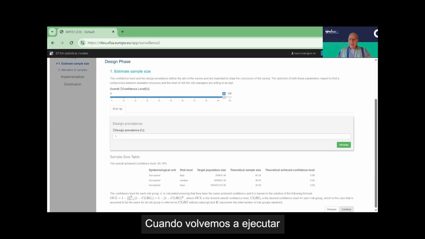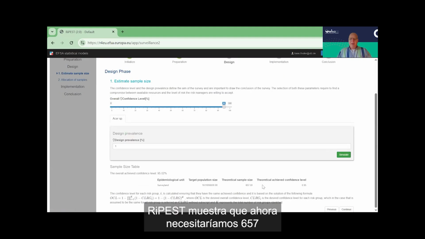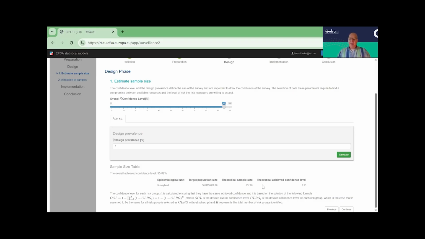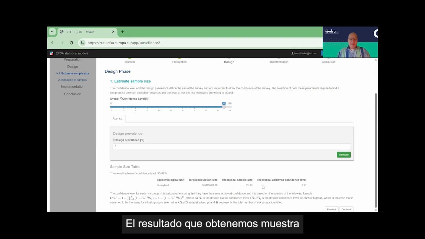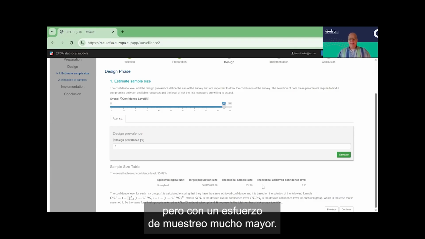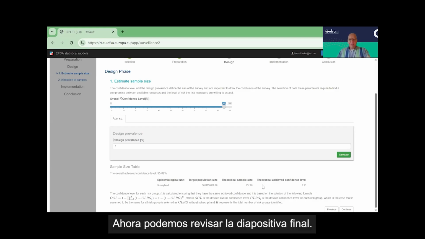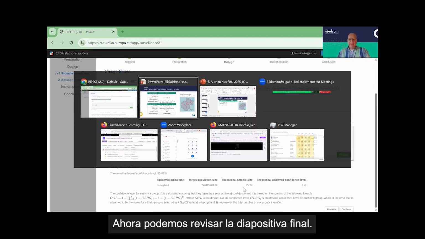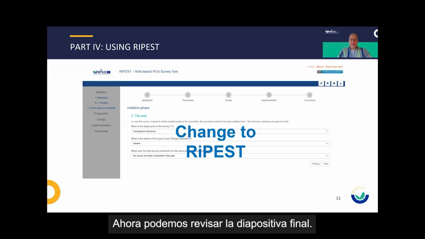Then we can continue and simulate our results in a new way. What we get out is that we now should take 657 samples and distribute them randomly across Surveyland. And we receive a confidence level again of 95.02% this time. Okay, with this, we can go back and think about our very final slide,